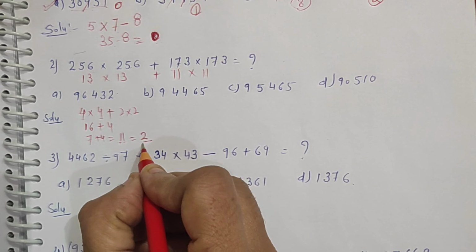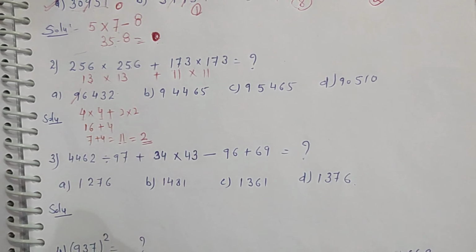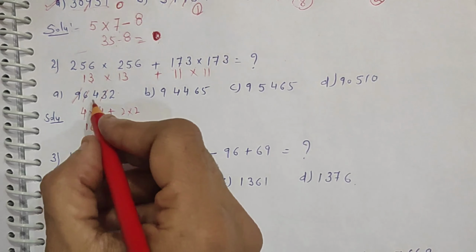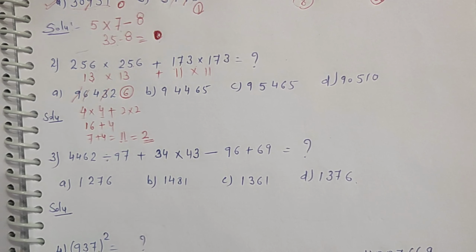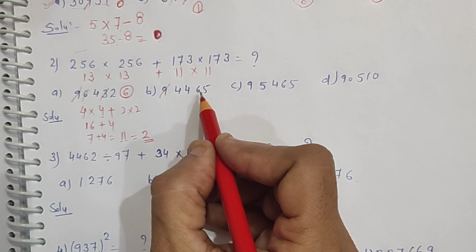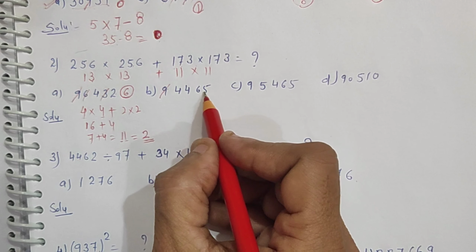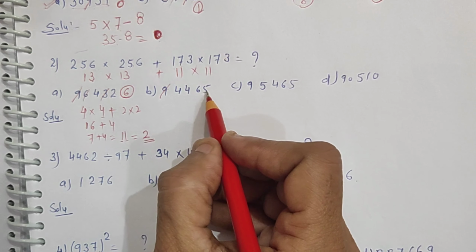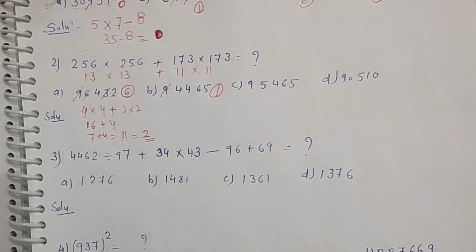Now start checking the answers where you are getting your remainder as 2. That will be your answer. Okay. In the first option, 9 you will cancel, 6 and 3 you will cancel. What is your answer? You are getting remainder as 6, right? So this is not my answer. Cancel 9. Now 4 plus 4, 8. 8 plus 6 is, yes, 14. 14 means 4 plus 1, 5. 5 plus 5 is 10. 10 means 1 plus 0 again. Remainder is 1. So that cannot be my answer.